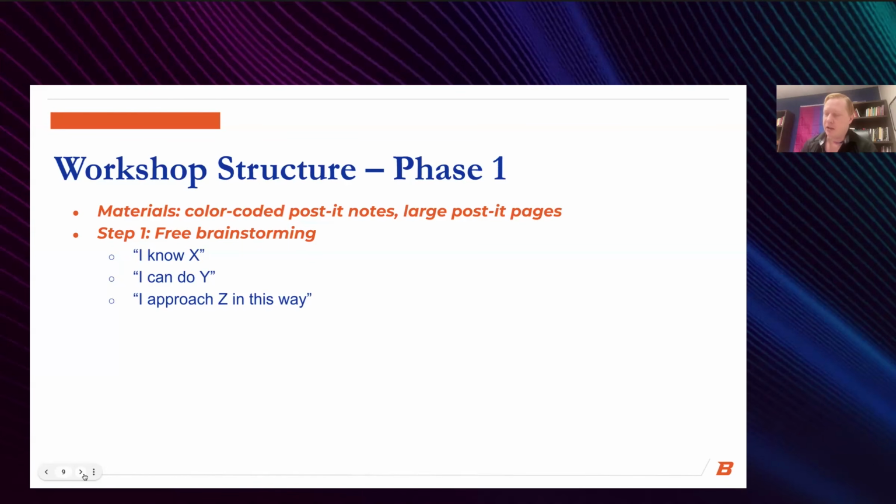Although some years not all of us are always able to make it, we've never had fewer than 3 faculty members present. So at the workshop, we place students in small groups and we work through several steps together using color-coded Post-it notes and those very large Post-it pages that are strategically placed in the room and at their tables. So each group has one large Post-it page divided into 6 squares. And around the room on the walls are pages numbered 1 through 6 to match these learning outcomes.